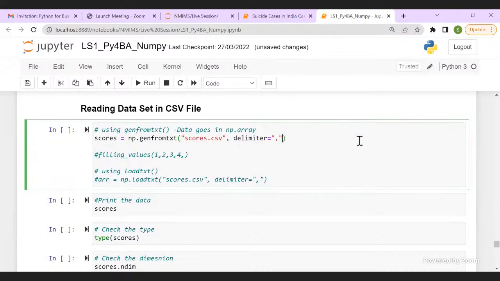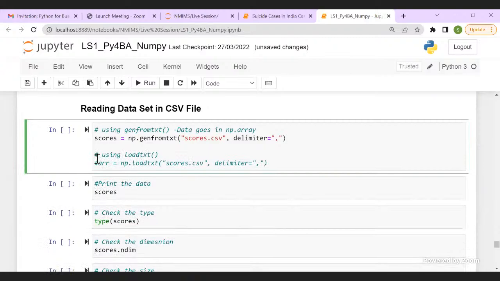That is the advantage of using genfromtxt. It can handle missing values better. But if you try to use loadtxt and you have missing values, Python will give the error.